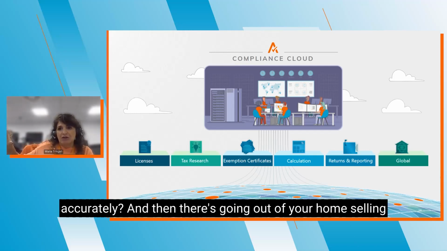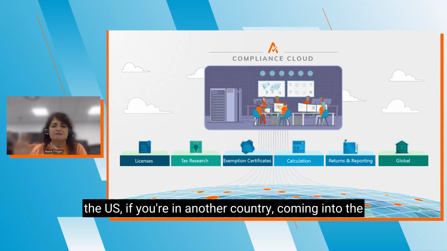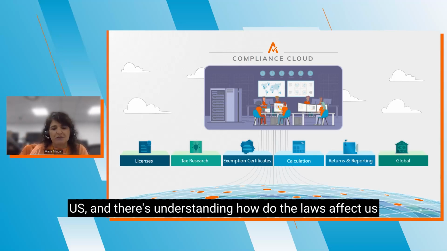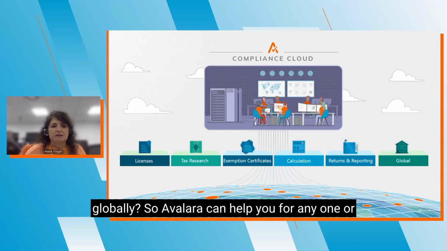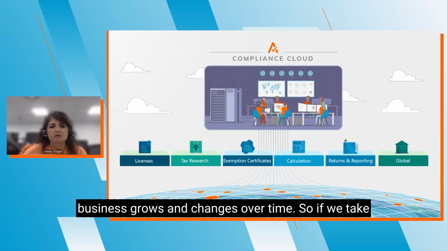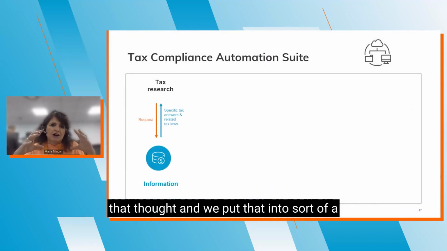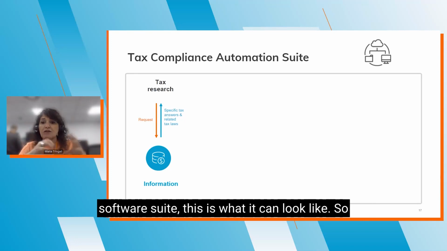And then there's going out of your home selling area. So going global: if you're in the US, going out of the US, or if you're in another country, coming into the US, and understanding how the laws affect us globally. So Avalara can help you with any one or all of these along the way, especially as your business grows and changes over time. So if we take that thought and put that into a software suite,